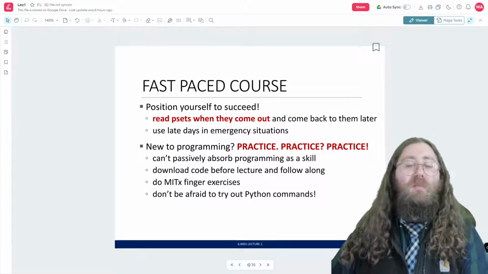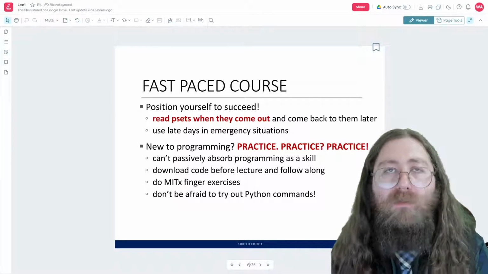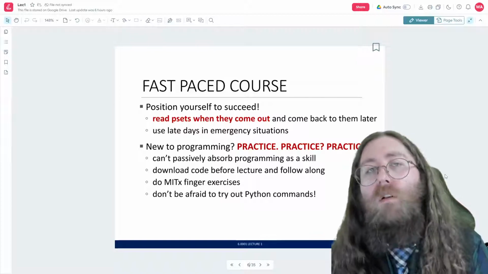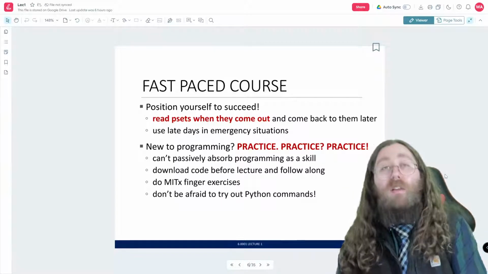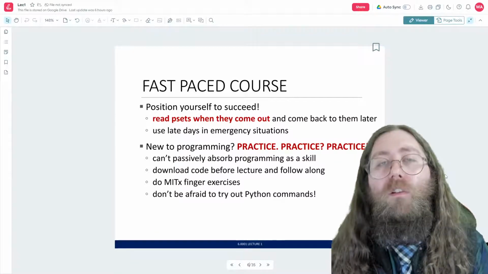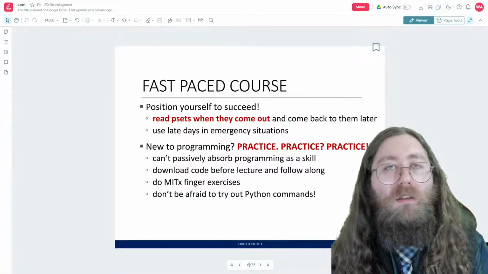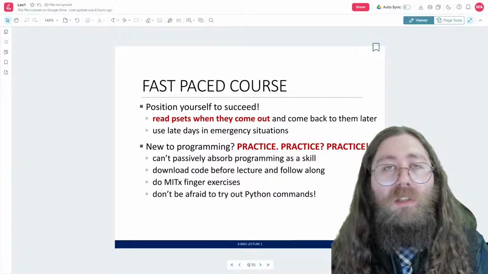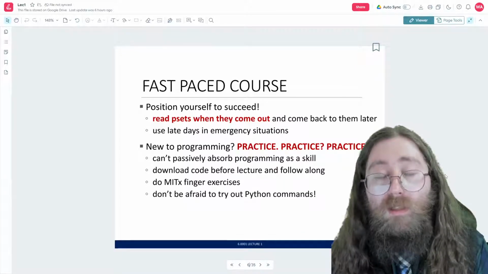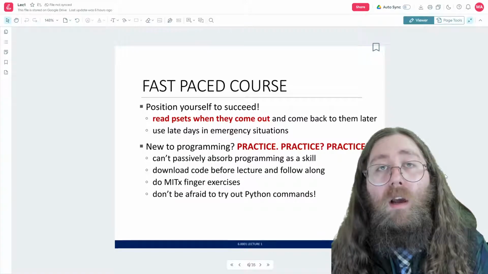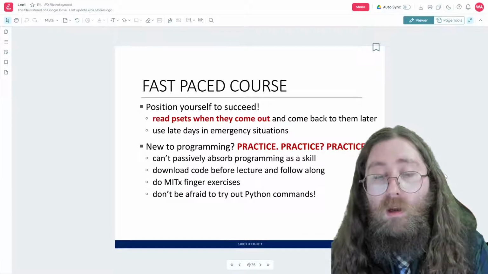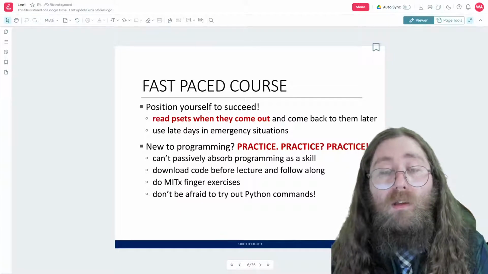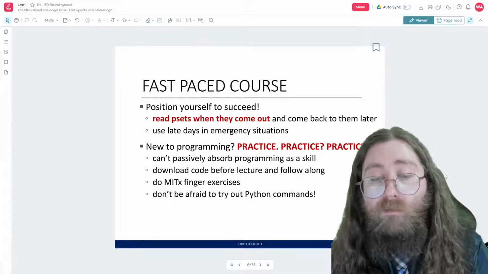We should take a minute probably to think about what we're going to type anyways. So this is a fast-paced course. It's 12 sessions long, and in those 12 sessions, you're not going to come out of the course expert in Python, but you'll have a level of mastery of it that definitely gets you started with this programming language. Now, if you want to position yourself to succeed with this, it's important that you try to do the problem sets. The problem sets are available in the Google Drive along with this slideshow presentation if you want to have that.